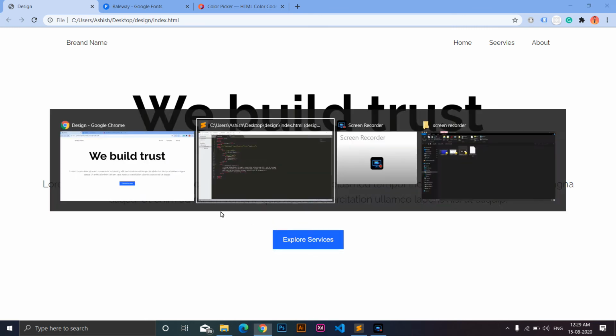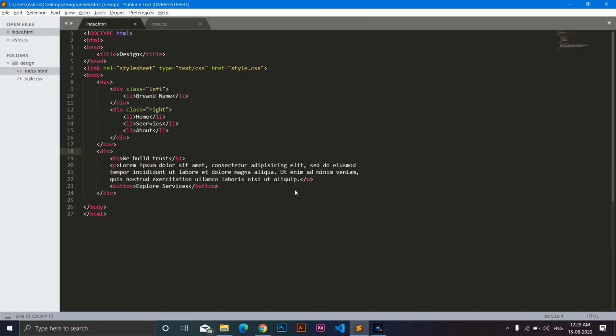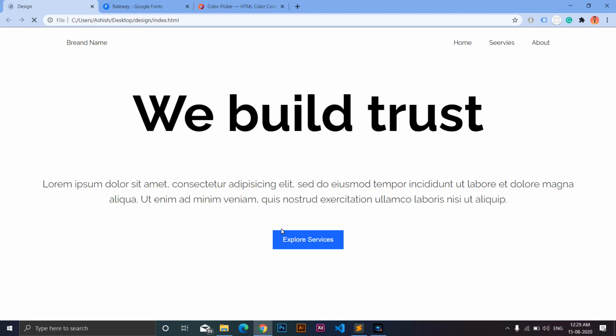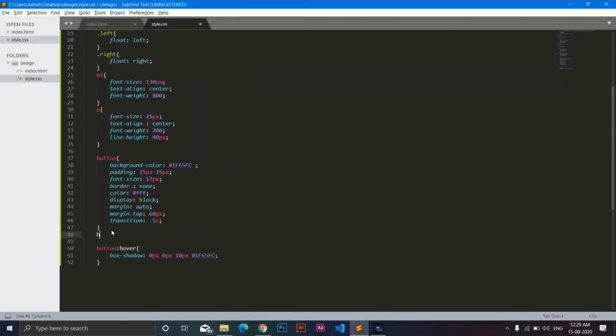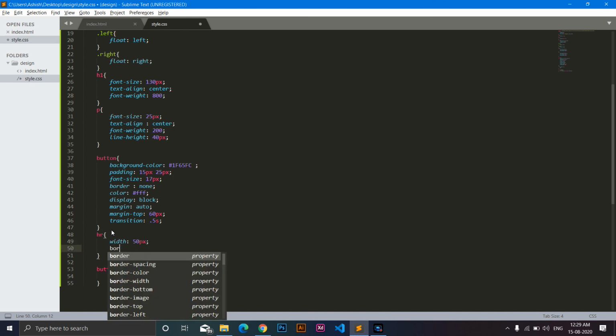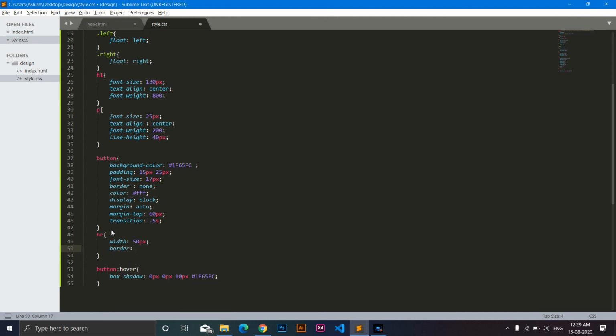To add a chin at the top, we can add this HR, and if I save, you can see what this HR does. It adds a horizontal rule. We can even modify this HR, and I don't want this much width, I only want 50 pixels, and we can change the height of it by using the border property.